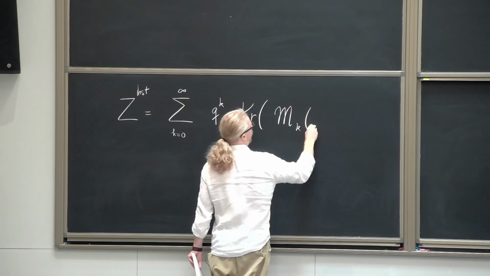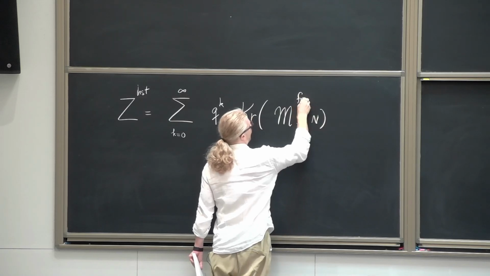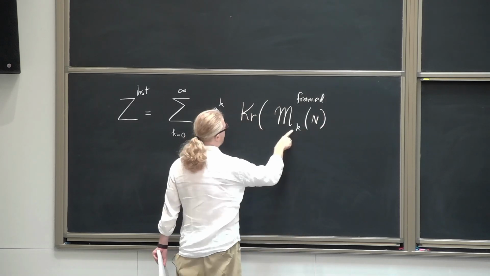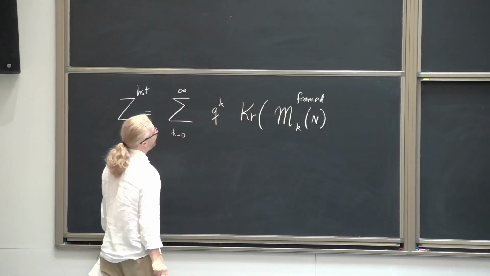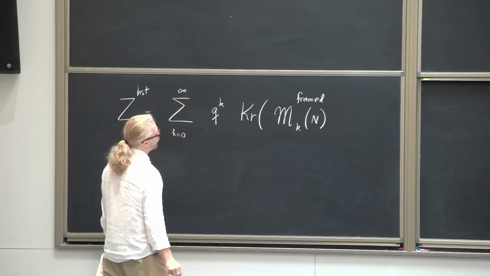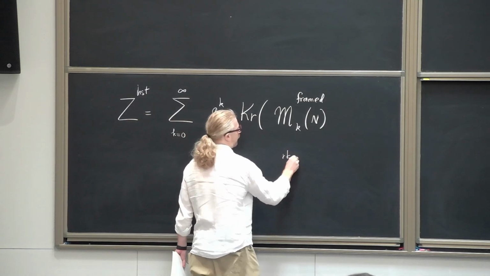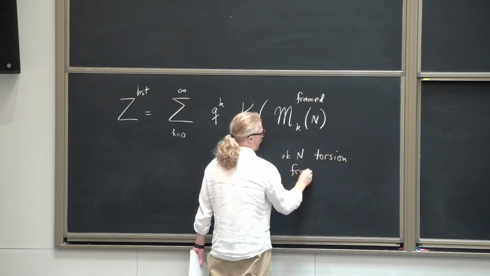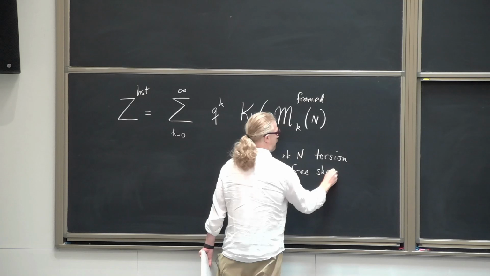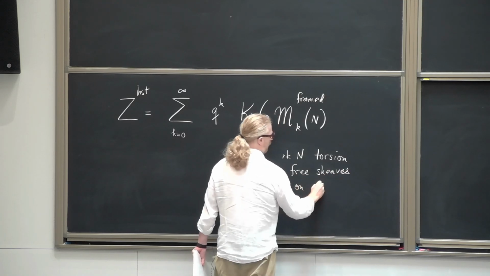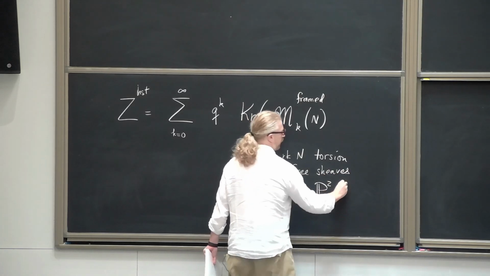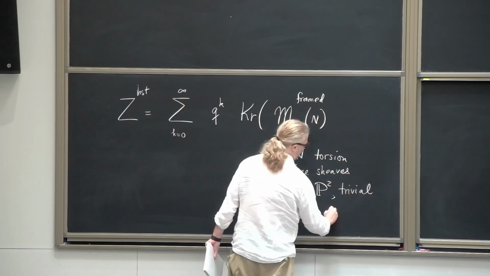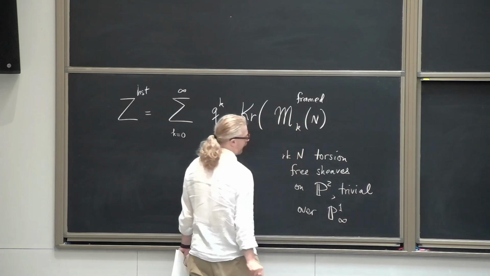of the moduli spaces of rank n charge k instantons, which are mathematically torsion-free sheaves. So rank n torsion-free sheaves on P2, trivial over a fixed line at infinity,